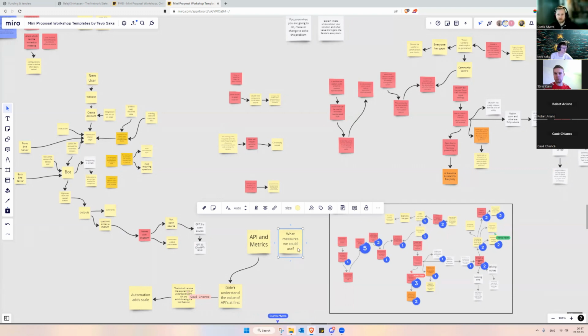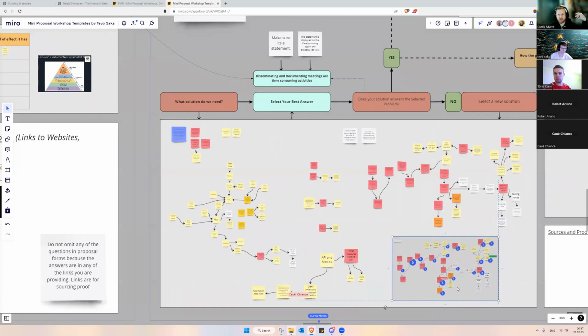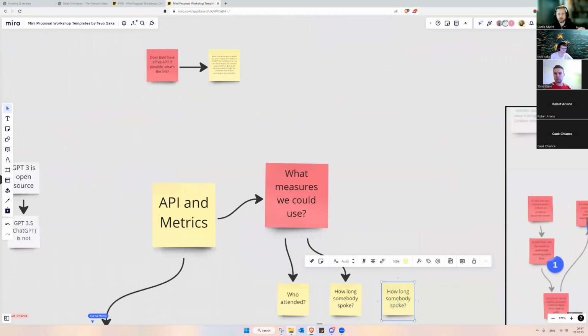Metrics can be as simple as who attended, what is the attendance? That's a metric. How long were they actually in the meeting? That's a metric, so timescales. How long did somebody speak for? Let's say it was a 90-minute meeting and somebody spoke for 60 minutes. That's a metric that can be captured and used for whatever the end user wants. If they want to query who is the biggest speaker out of all these meetings, it's a metric that's going to be captured. Those are just examples of some of the metrics that we can capture.